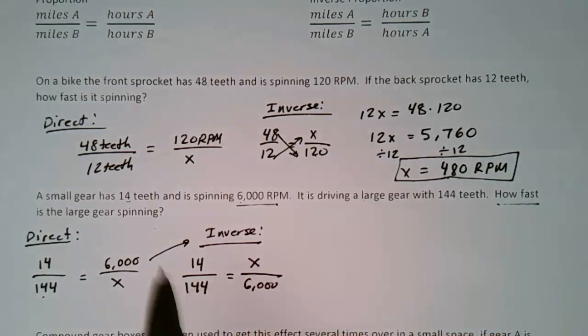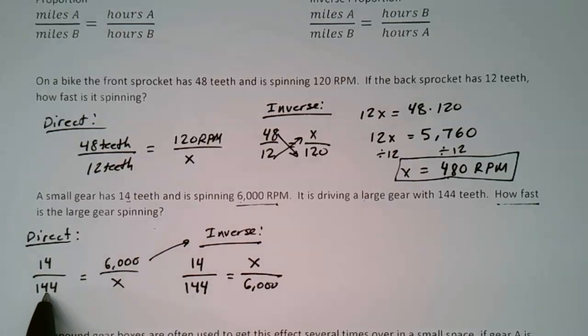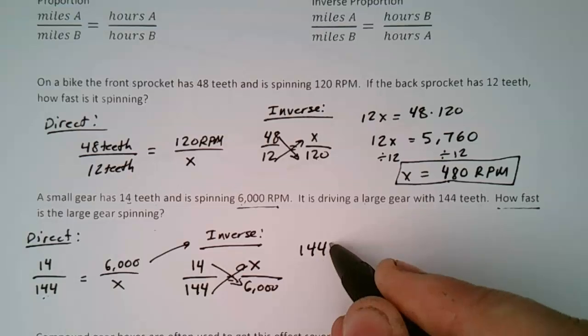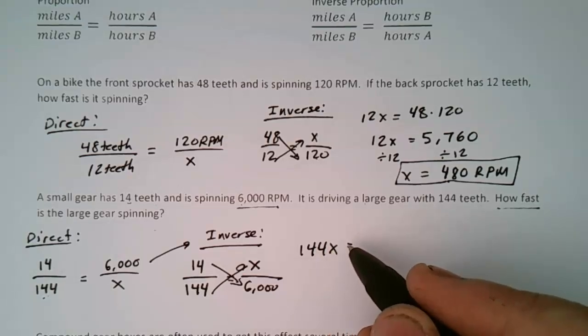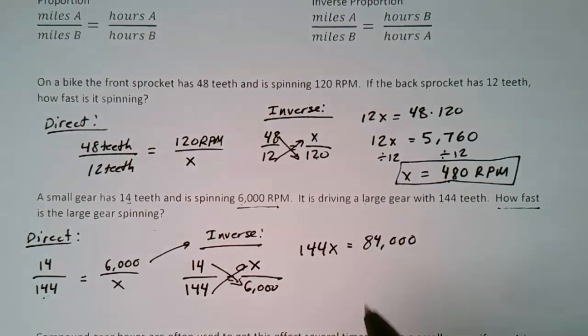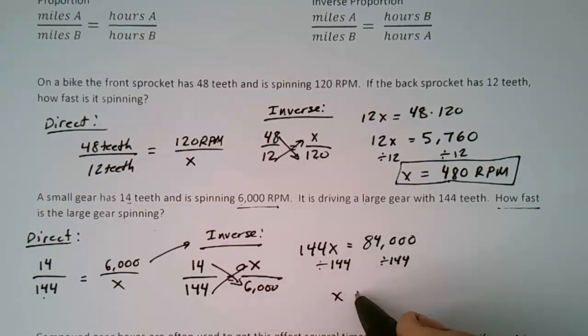Okay? And again, what I want you to see: a direct proportion is when one thing goes up, the other one goes up. An inverse proportion is when one quantity goes up, the other one goes down. So here the number of teeth went up, the speed has to go down. Okay? So if we cross multiply this, we get 144x equals 14 times 6,000, which is 84,000. We're going to divide that by 144, and you get x equals